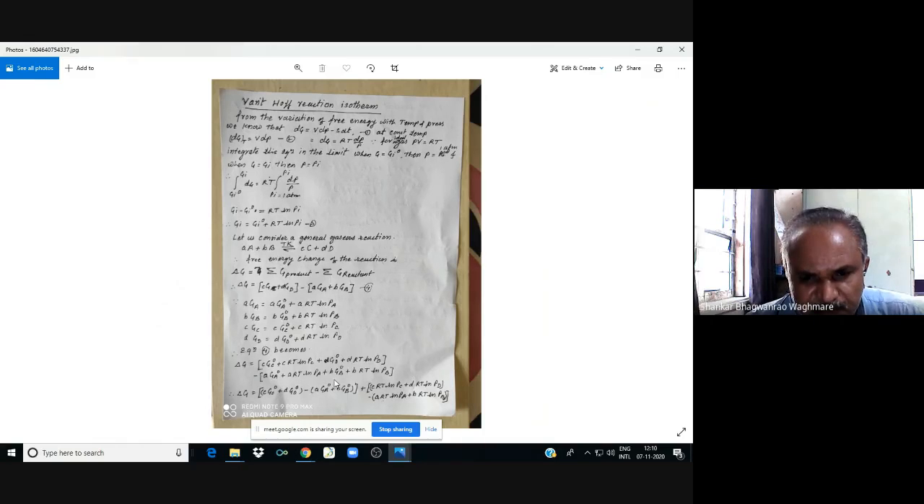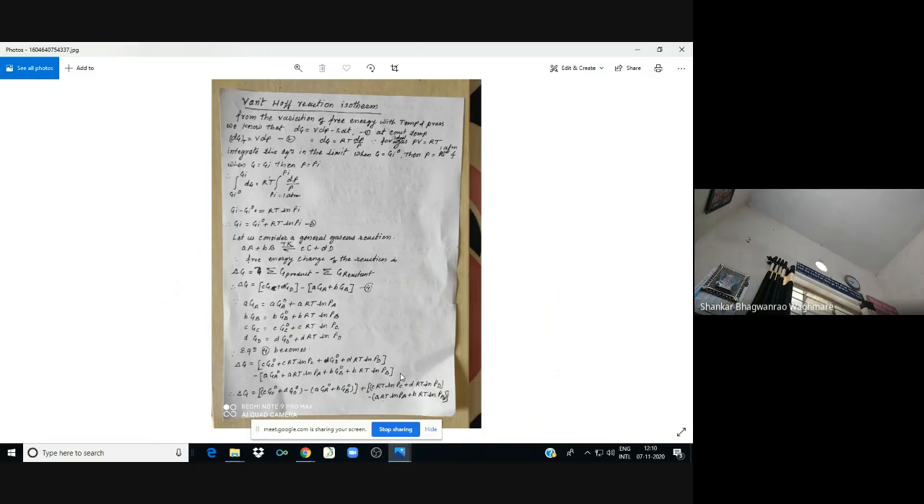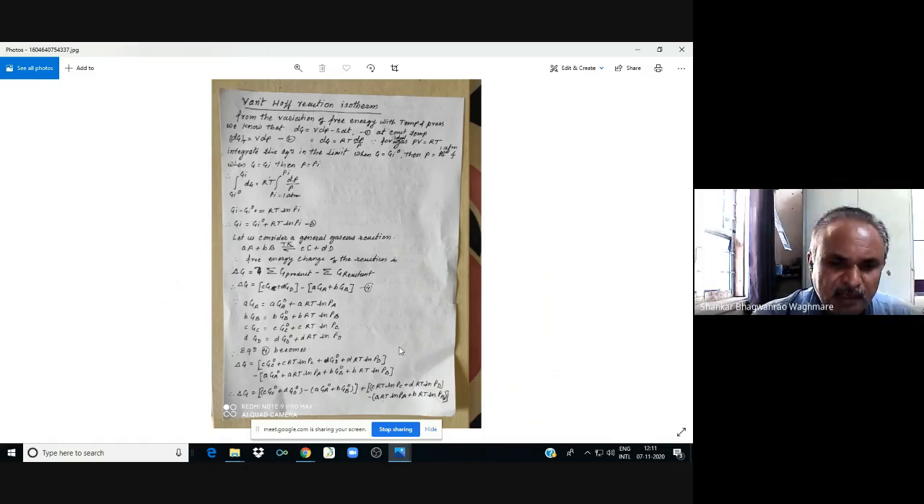a GA0 plus a RT ln PA plus b GB0 plus b RT ln PB. And if we rearrange this, if we observe this equation, then there are some terms which are